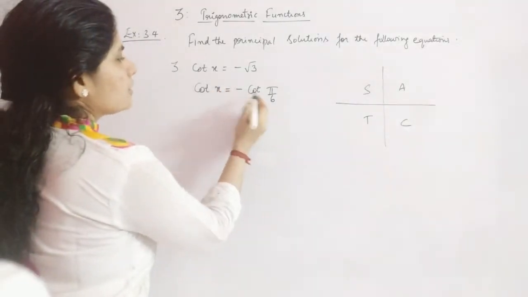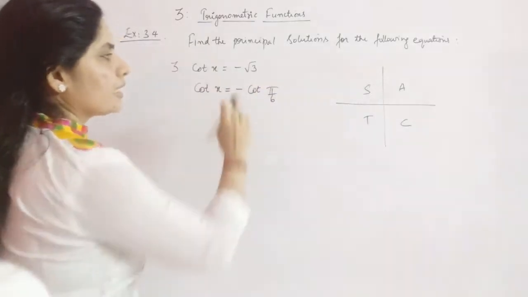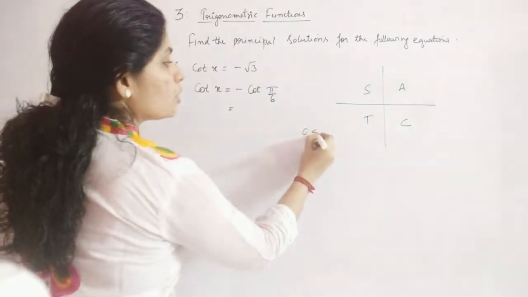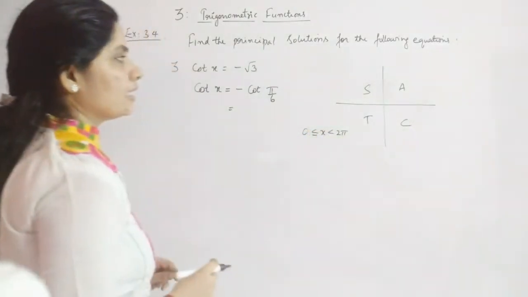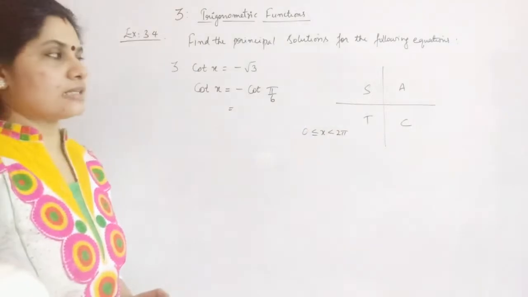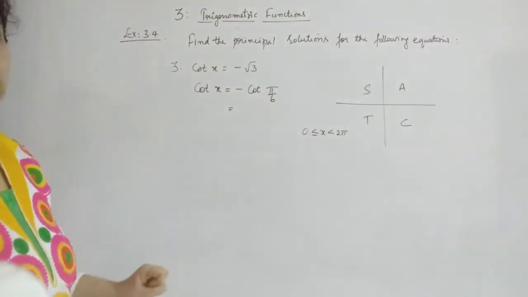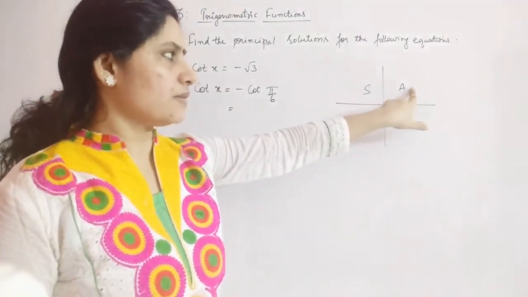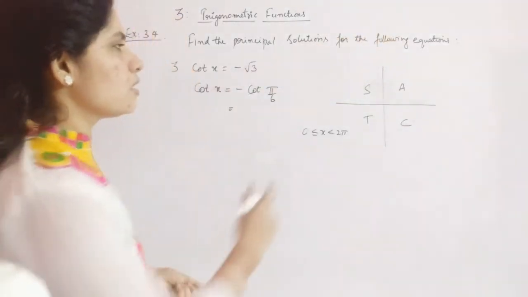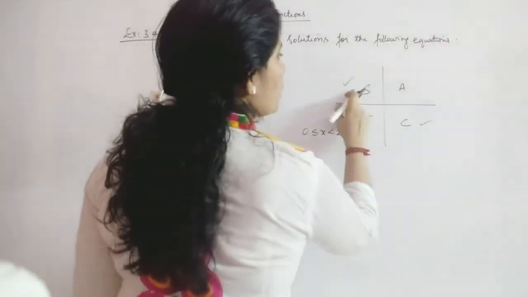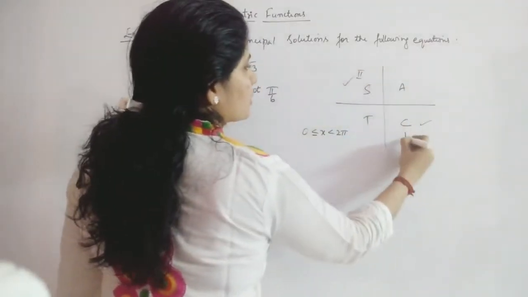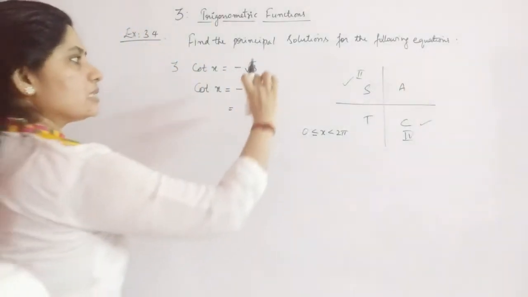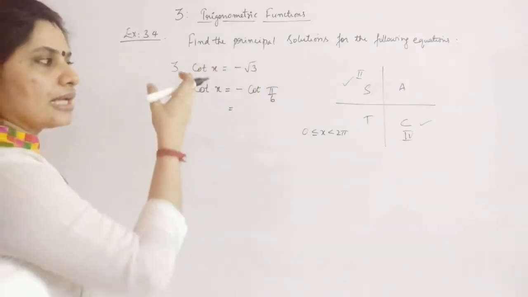Now here you cannot just take the negative inside, because we want the values that lie between 0 and 2 pi. And again, where is cot negative? Cot is negative where tan is negative, right? Tan is positive in the third quadrant and in the first quadrant. So the quadrants where cot is negative are the second and fourth quadrants. So we have to make this value in such a manner that it lies in the second and fourth quadrants.